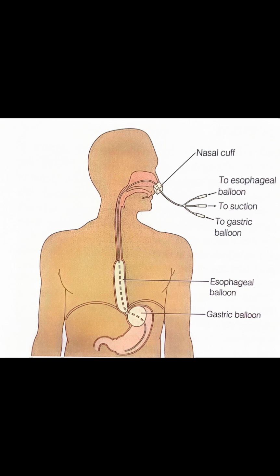The balloon will be inflated so that it stays in place and has this tamponade effect, which we want. That is why we are inflating the balloon. The gastric part is the one placed at the cardio-esophageal junction; air will be pumped into the inflatable gastric balloon to inflate it and give this tamponade effect. Then the esophageal part will be inflated. So we make sure that we double clamp, using 2 clamps to close that balloon port to prevent